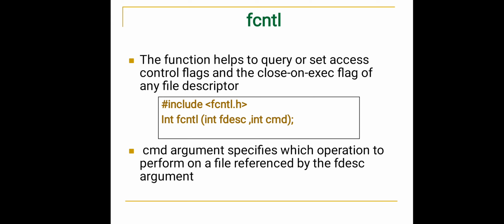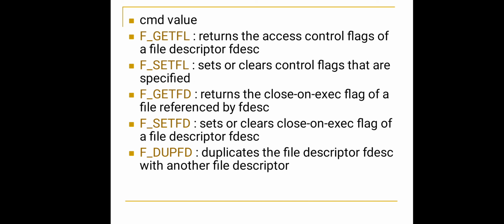fcntl. The function helps to query or set access control flags and the close-on-exec flag of any file descriptor. #include <fcntl.h>, int fcntl(int fdesc, int cmd, ...). The cmd argument specifies which operation to perform on a file referenced by the fdesc argument. cmd values: